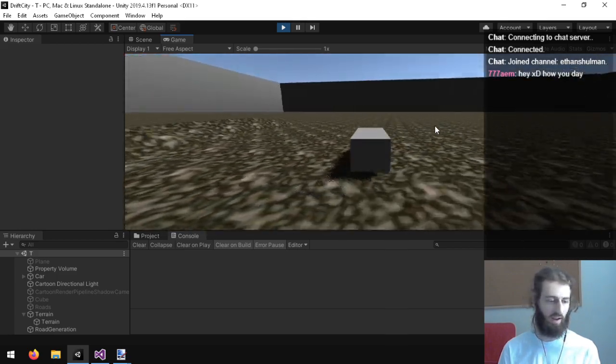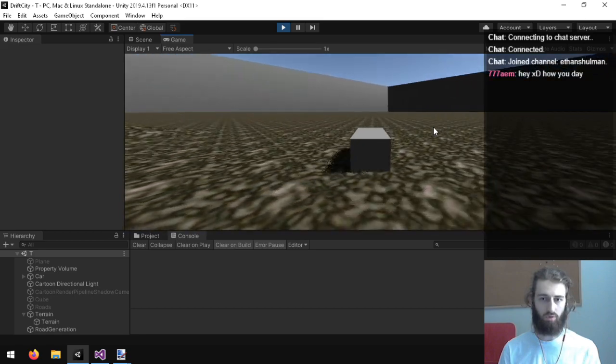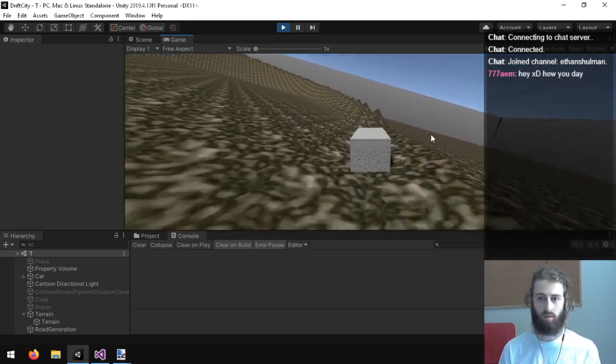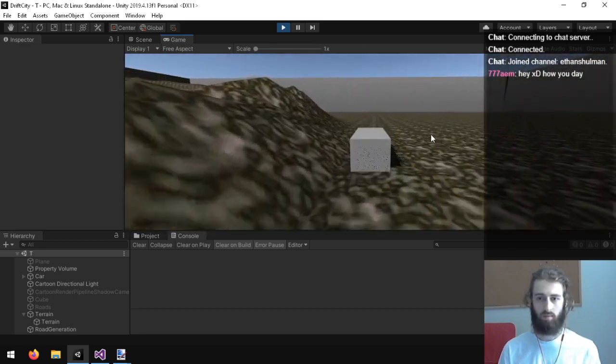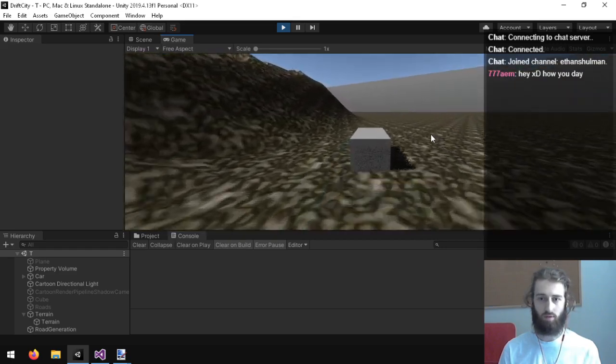Yep, I'm gonna add rear-wheel drive for sure. Alright, I'm gonna try making this an actual road.